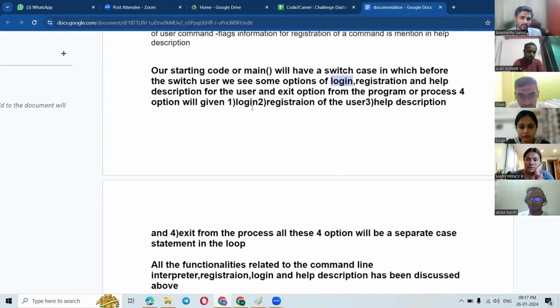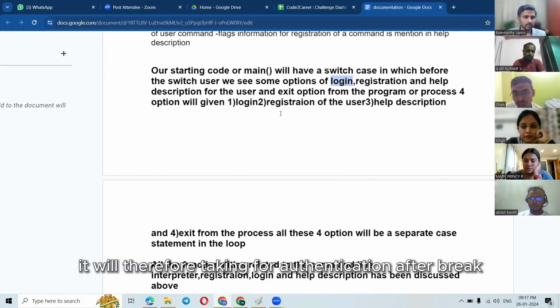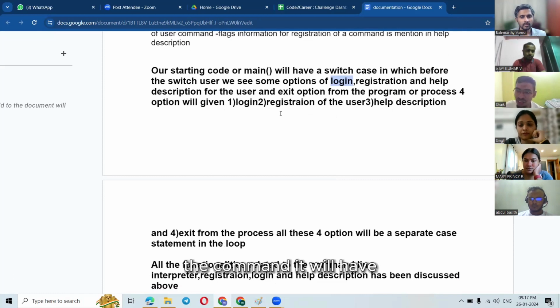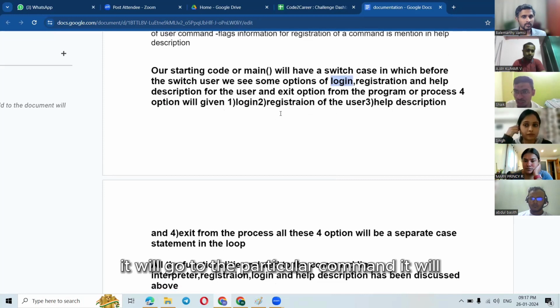Whenever the person is logging in, it will refer to that command line function. Or even whenever the user is registering, he will go to the same function only. It is mainly there for checking authentication. After going there, it will go to that particular command.